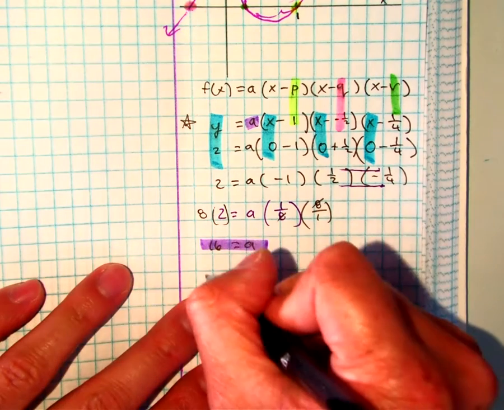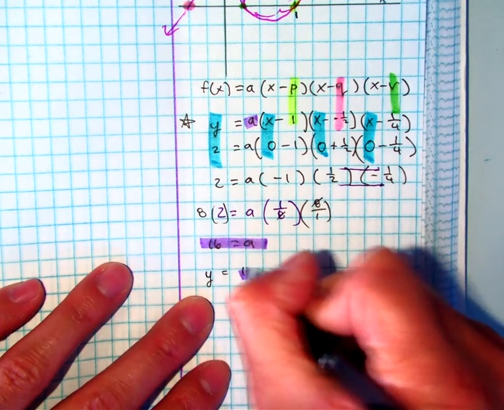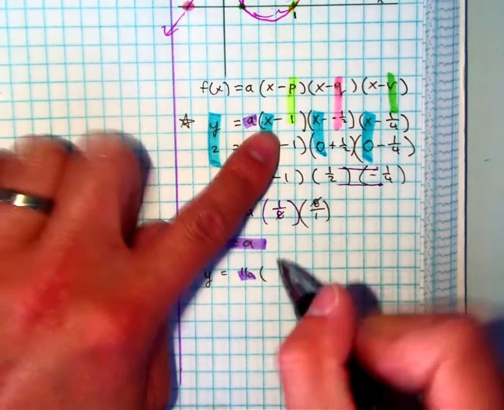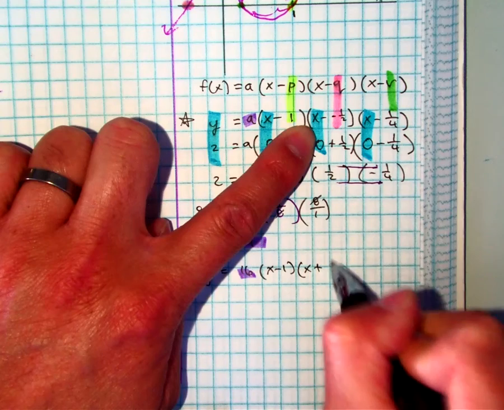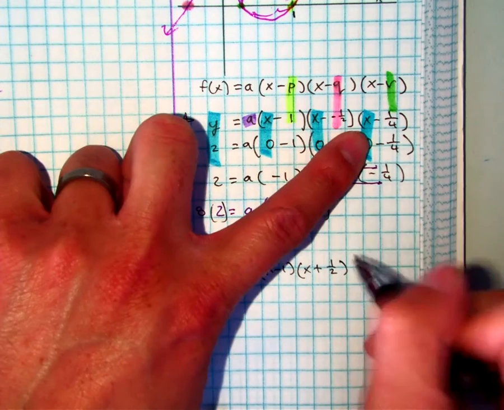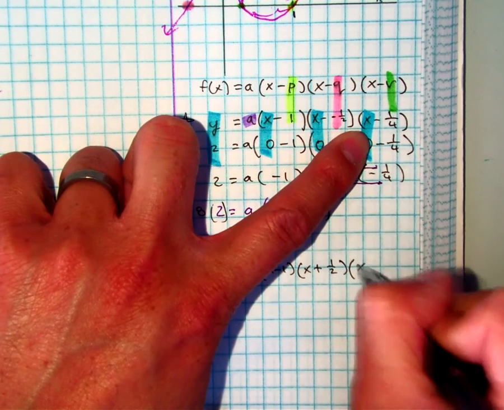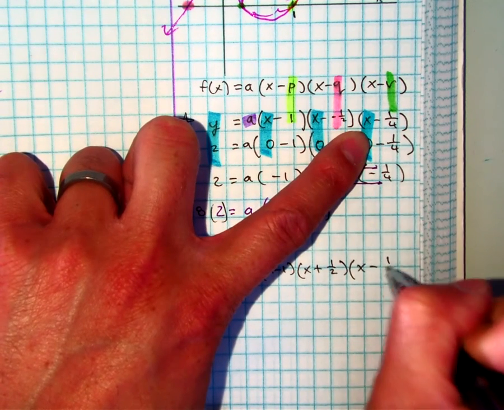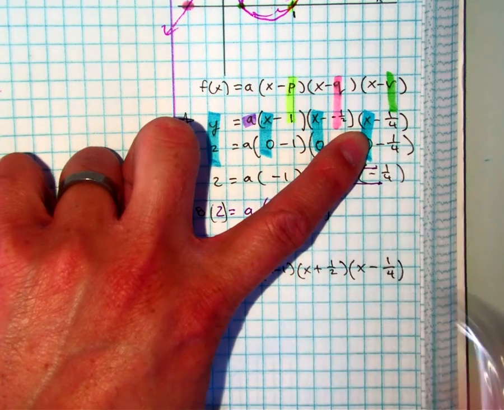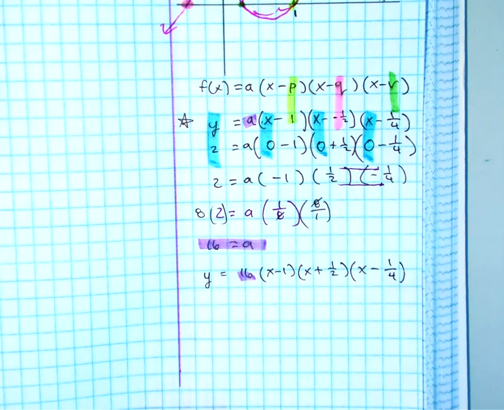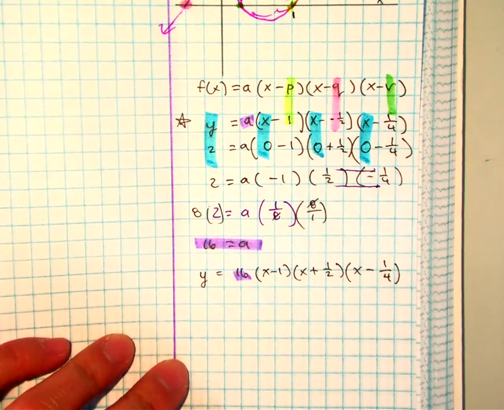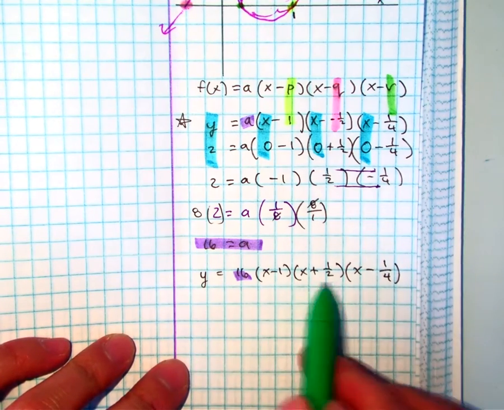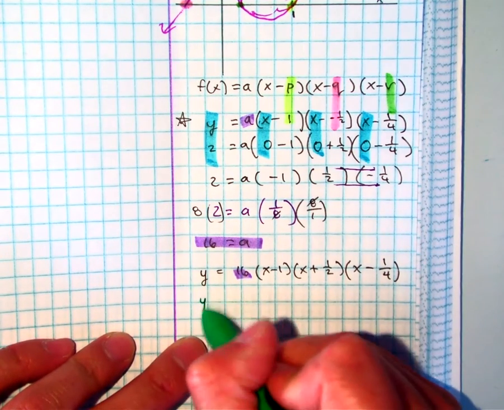So my answer is y equals 16 times (x minus 1)(x plus 1/2), I can simplify that, and then (x minus 1/4). Another way of writing this, so this would be completely fine. Sometimes they don't like fractions there. So what you can do is